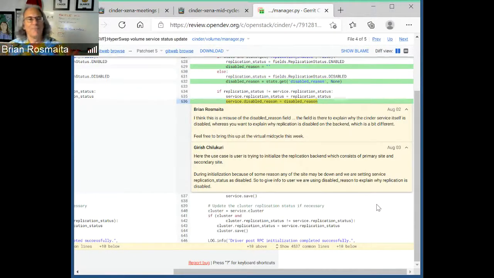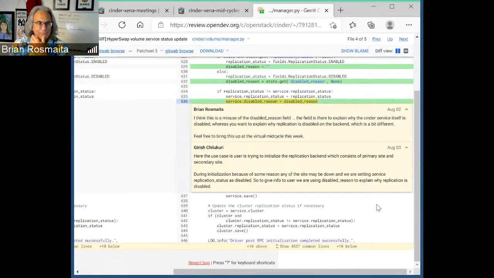What I'm trying to say is, people look at this patch, there may be another way to do this that would be better, or it could be that disabled reason is perfectly okay for this, or if we want to surface information about the backends, we could do it maybe here, but by using a new field or something. There may be some other way to do this.